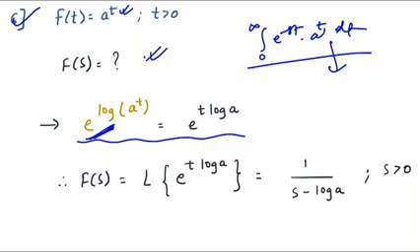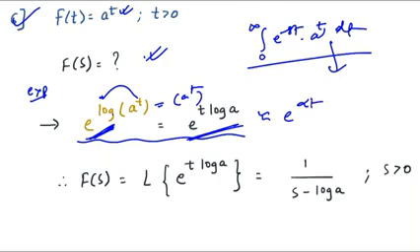What is that? Exponential logic is simple. You have to write e raised to log of a^t, because e raised to log of something gives that something, which is a raised to t. So this is the manipulation. You can write a raised to t as e raised to log of a^t. Now, if you write that, you can take this t outside, so it would be e raised to t into log a.